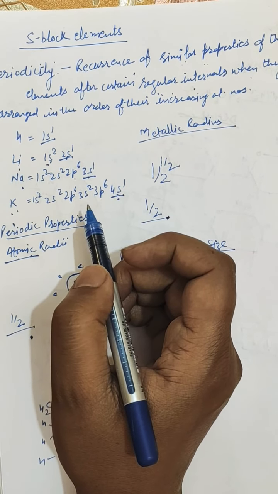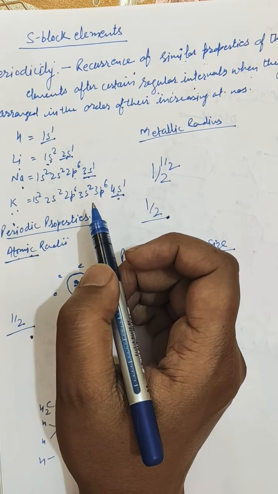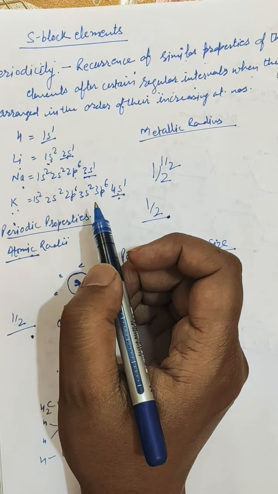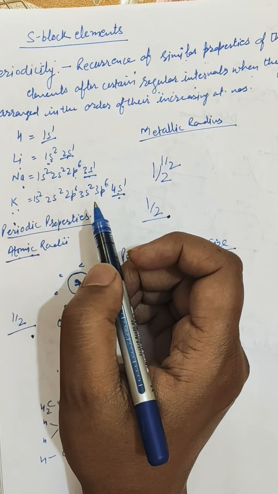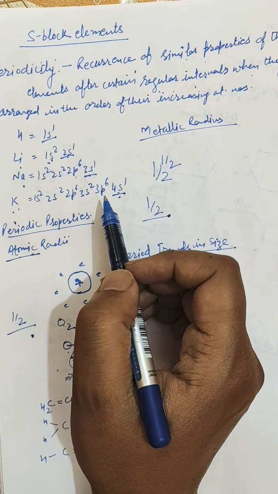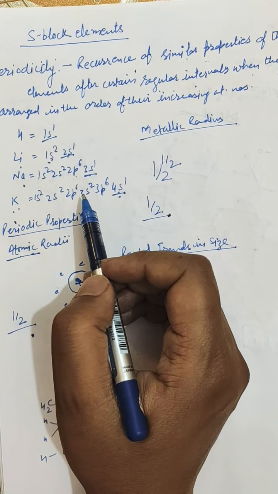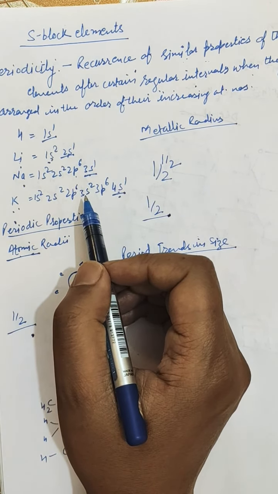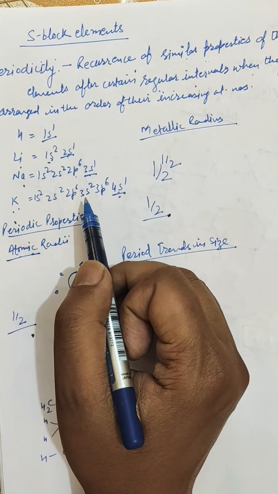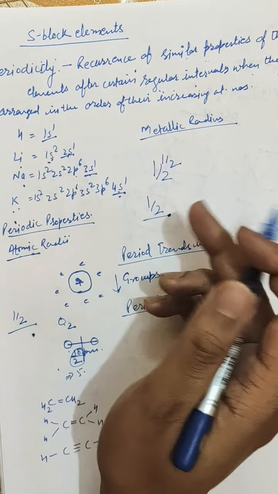In moving down a group, the nuclear charge is increasing with increase in atomic number, and we expect that the size of the atom should decrease. However, while going from one atom to another, there is an increase in the principal quantum level. Although the number of electrons in the outermost shell remains the same, the increase in the size of the electron cloud is more pronounced than the effect of increased nuclear charge. Consequently, the distance of the outermost electron from the nucleus gradually increases down a group. In other words, the size of the atoms goes on increasing as we move down the group.